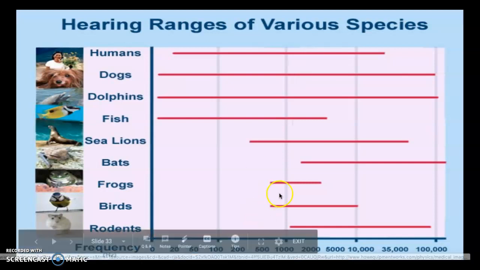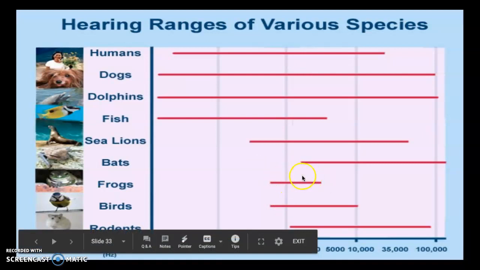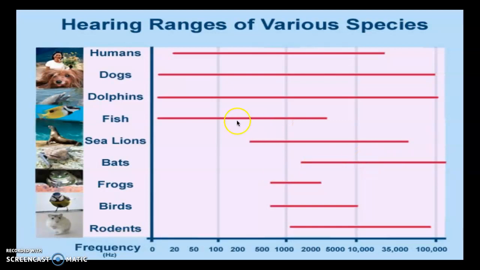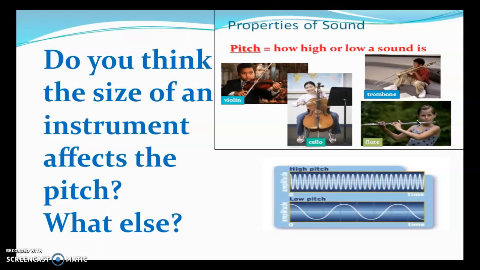So interesting stuff here. Some are just adapted to smaller ranges. Some have high ranges only. Some have lower ranges to medium ranges, all for their particular environments. Mostly, what are they going to try to use it for that'll get them food or ensure their survival? So,